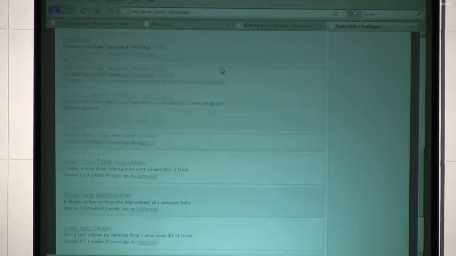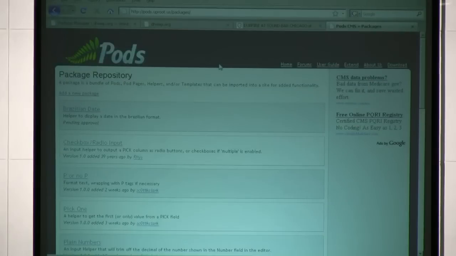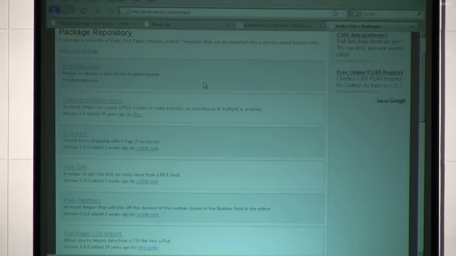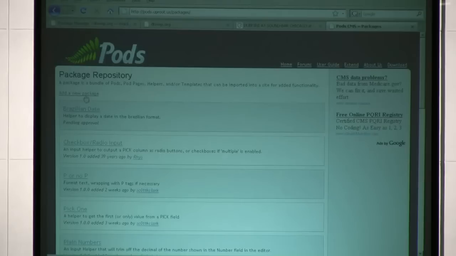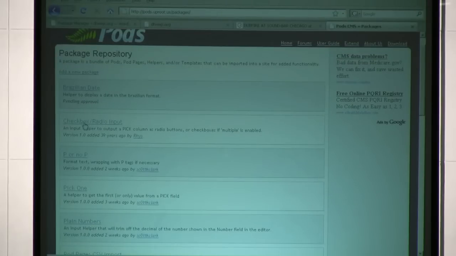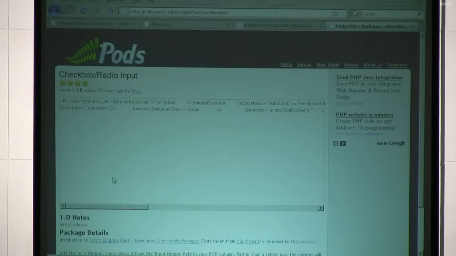Wow, there's been a lot since I've last been in here. This is a great question because I almost didn't cover that. A lot of things are already done. So if you want to have a checkbox radio input, this is just a package here created. You copy and paste it into... I think this guy didn't do it right. Anyways,